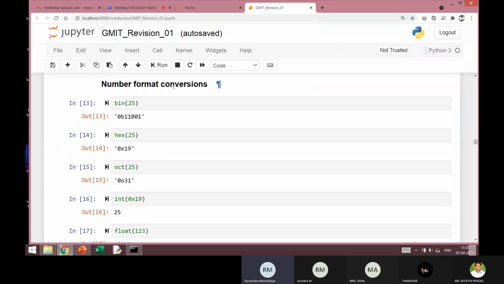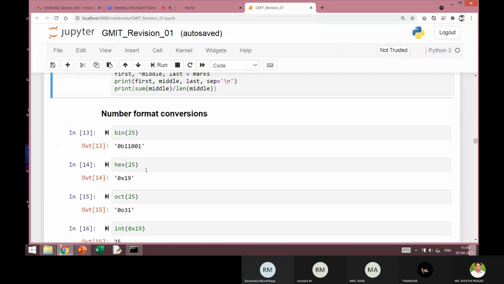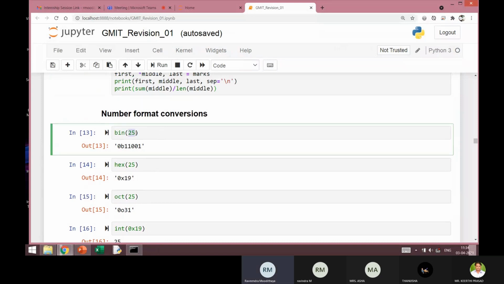We know that numbers can be represented in different formats: binary, hexadecimal, octal, as a normal integer, floating point, and so on. In Python, I can convert from one format representation to another. For example, if I have an integer 25, how is it represented using binary?